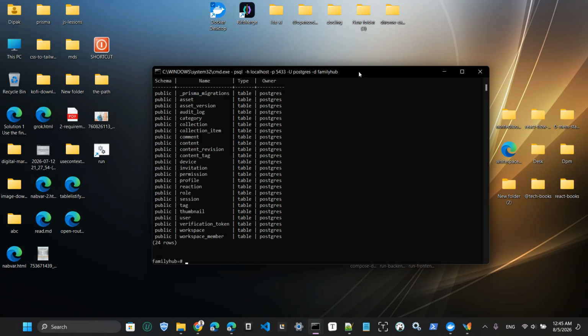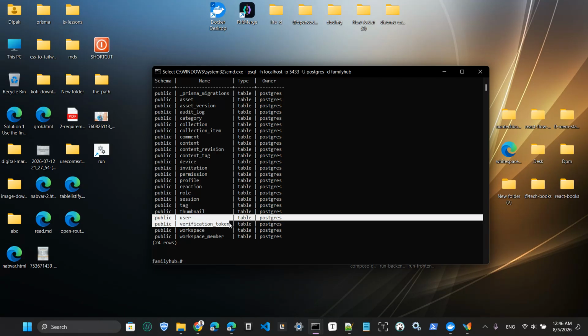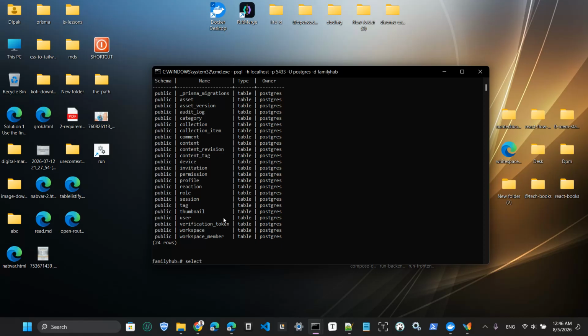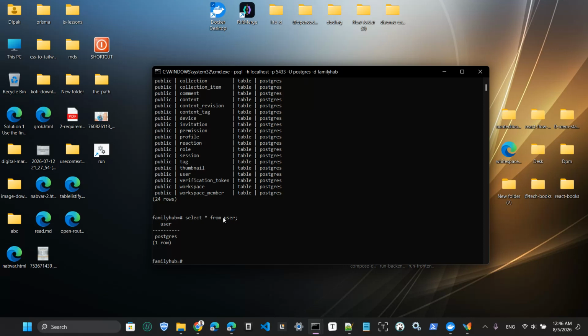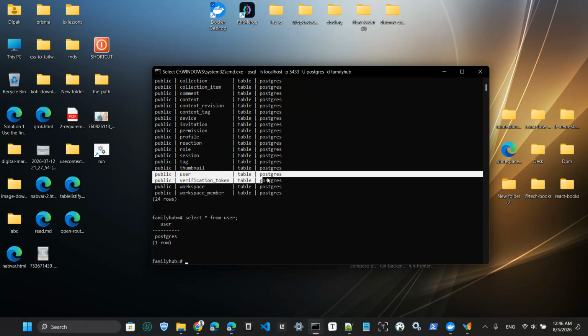This way you can connect to Postgres running on Docker using the command line. Let's select some data from the user table. Select asterisk from user. Normally we do this, but here it is showing nothing because this user table was created